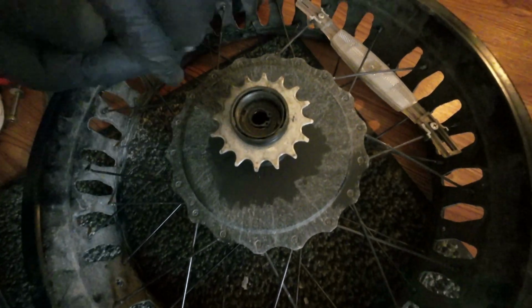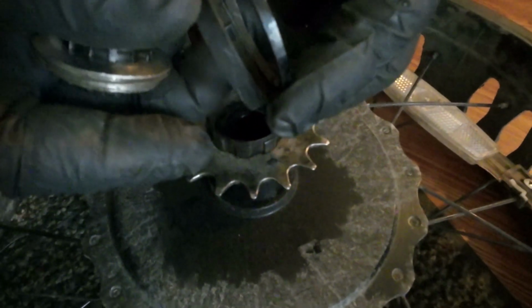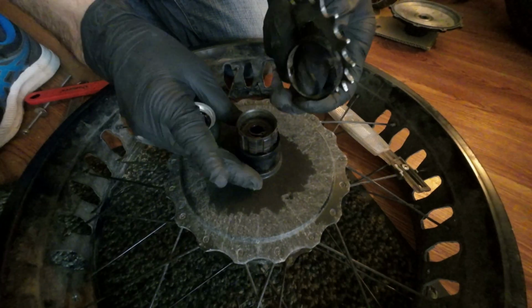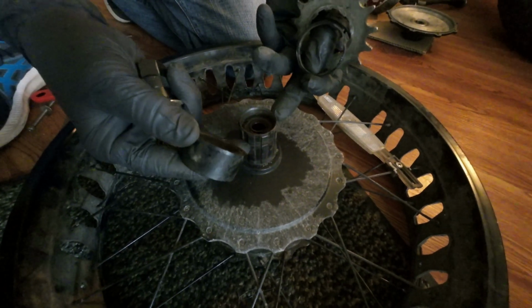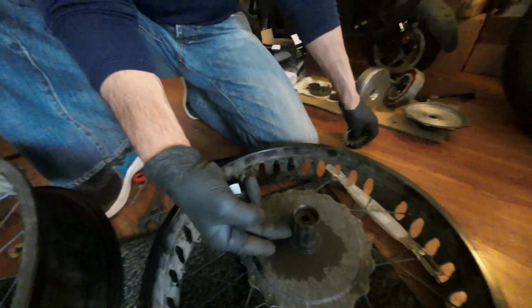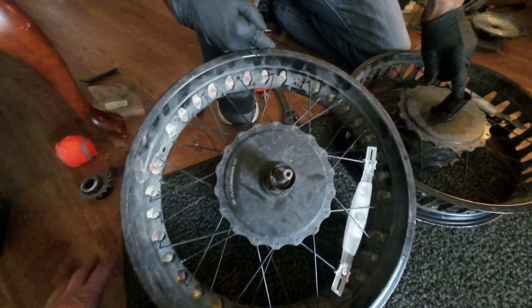And then just make sure you keep track of which way these spacers go. They're different thicknesses. There's another spacer, and then the main collar that everybody sees. When you do the 10-speed kit, you guys know you get rid of this to put your 10-speed kit on there. Now jumping back to this motor, because the shaft is out,